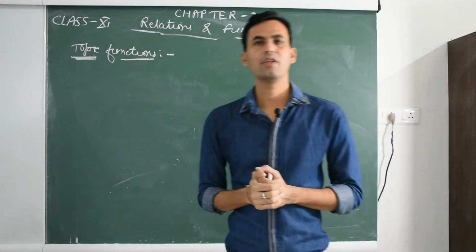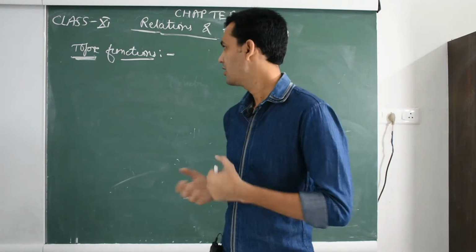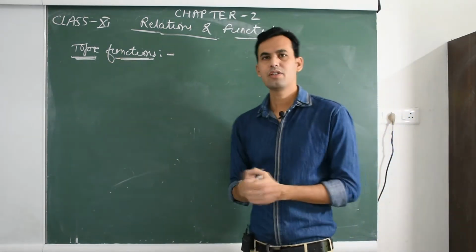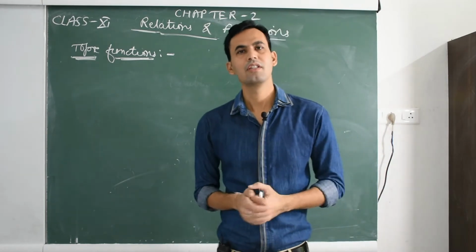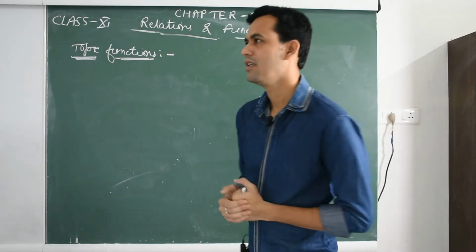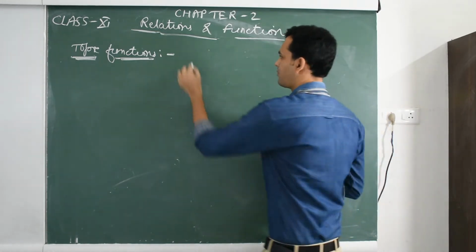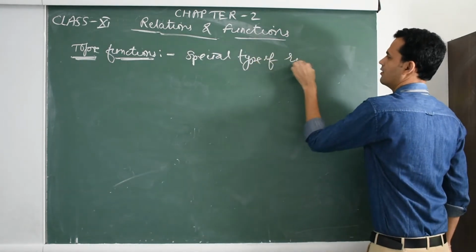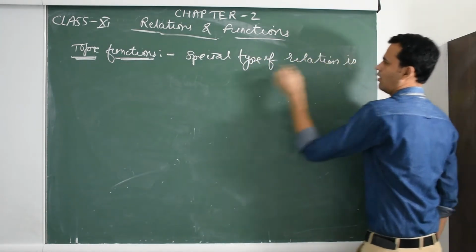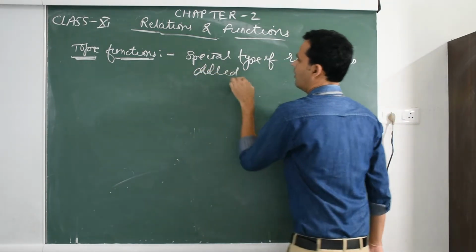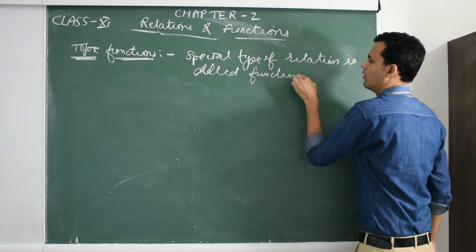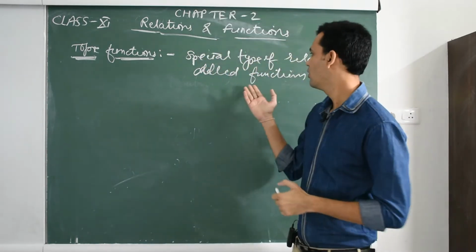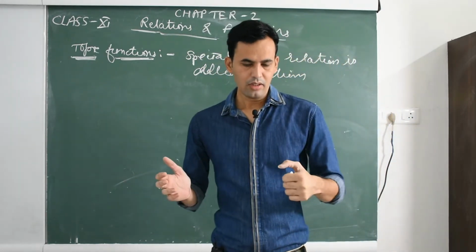So in previous videos we discussed ordered pairs and relations. Now the next topic for the next exercise is function. So first, what is function? Function is a special type of relation. A special type of relation is called function. Okay, it means function is one type of relation, special type of relation. So now, the definition of function.